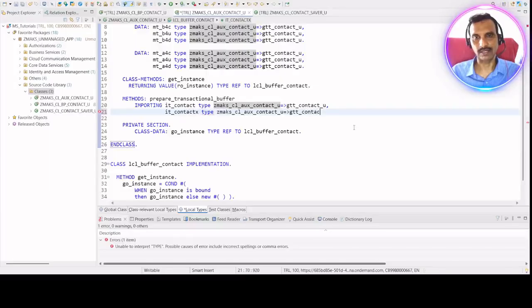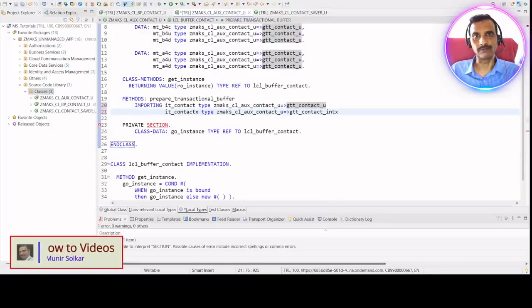GTT contact, there is a comma here, GTT contact INTX. So these two we will be taking as our input parameters for our